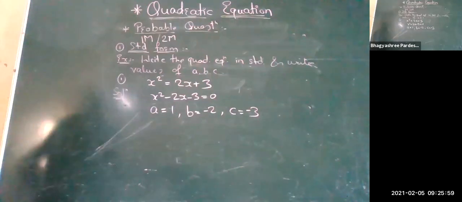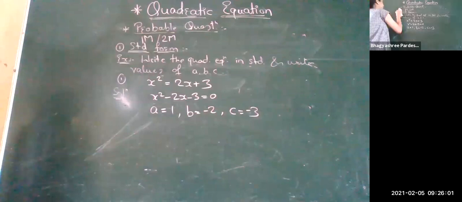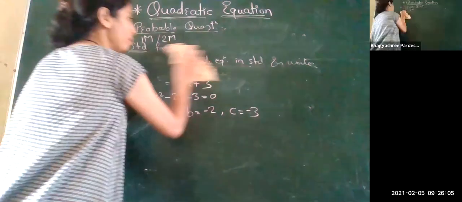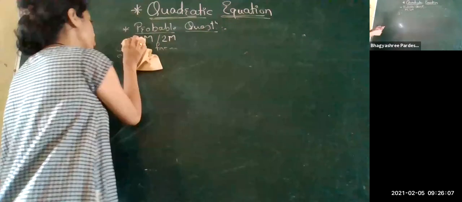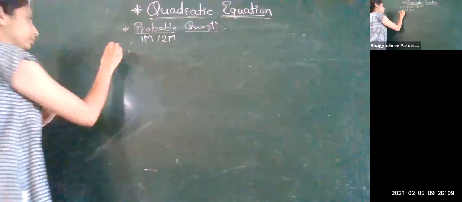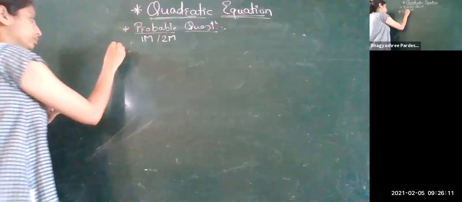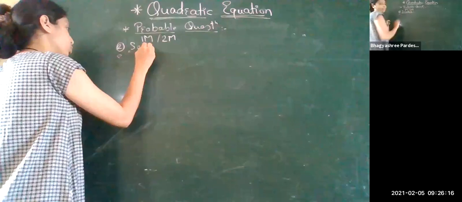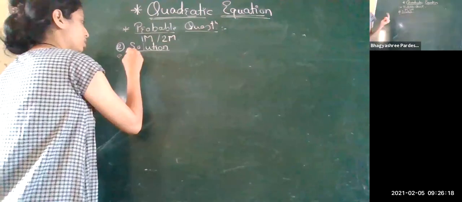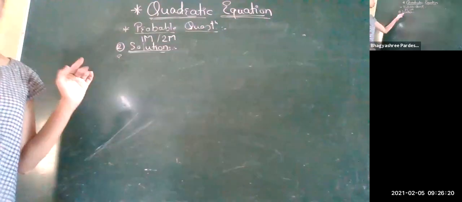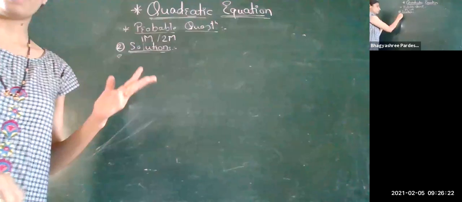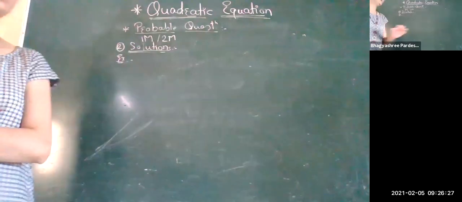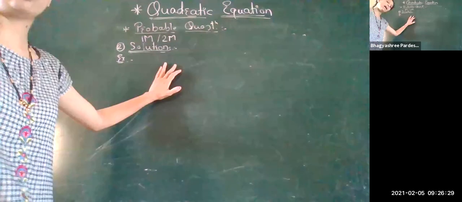Now let's see the next type, which can sometimes be asked for 2 marks. Now this completed the standard form. What is the next important one? That is the solution. Sometimes we call them roots or zeros. You know this very well. On solution, the question can be asked for 1, 2, 3, or 4 marks also. Right now, we are going to see simply 1 or 2 marks. What is the question? Any quadratic equation will be given to you and you find the solution.